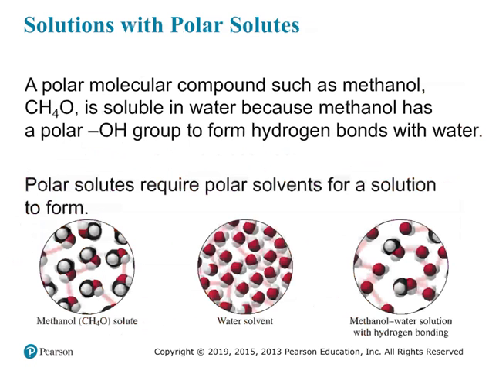Okay, so let's look at an example. We're going to talk about methanol. So remember, this is that type of alcohol that you do not want to drink. It can cause organ failure. You can also go blind if you drink enough of it. So methanol is soluble in water because methanol has a polar OH group, and that can form those hydrogen bonds